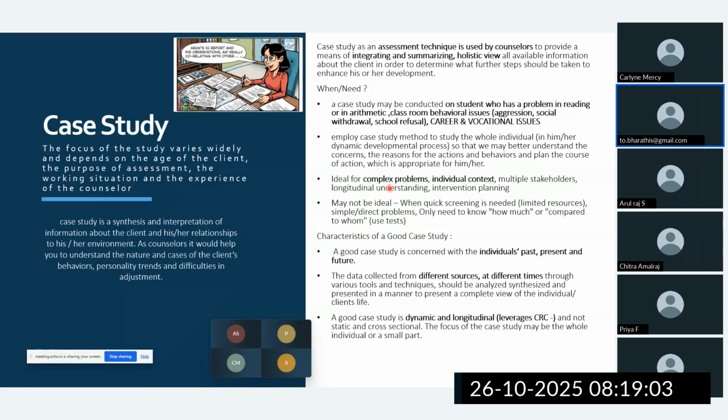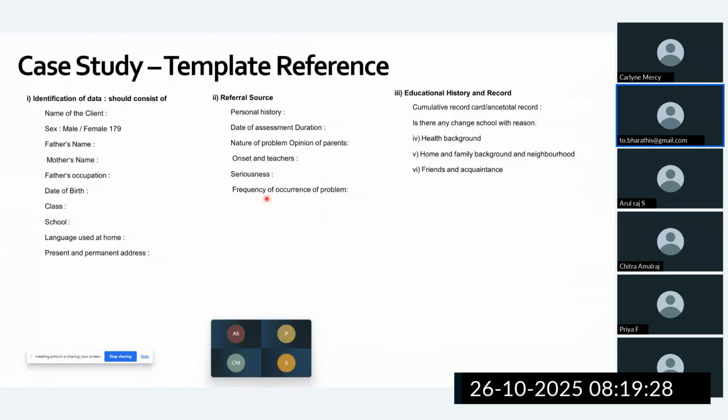The characteristic of a case study, as I said, is that it has to have a longitudinal view. This is where the record which the school maintains, the cumulative record card, can also be used, with different sources and different time periods. Let me share a sample case study template which is coming from our own book. What is the personal data, who referred this, what is the history, what are the natural problems, what is the seriousness, health background, everything. And I will also show